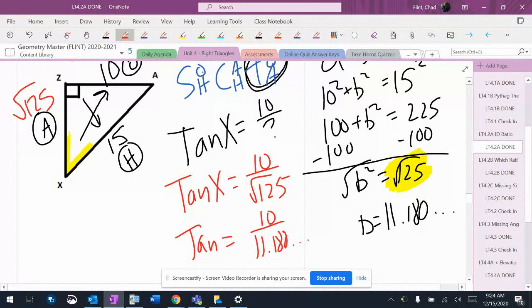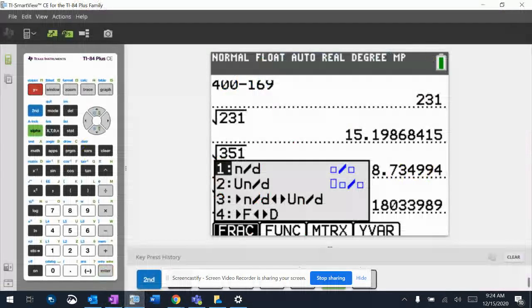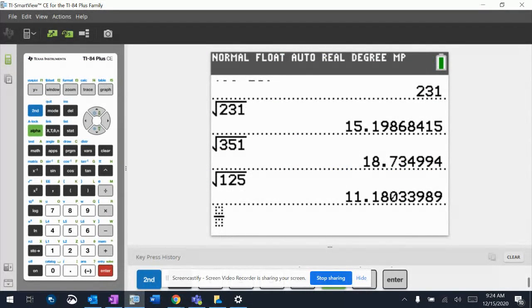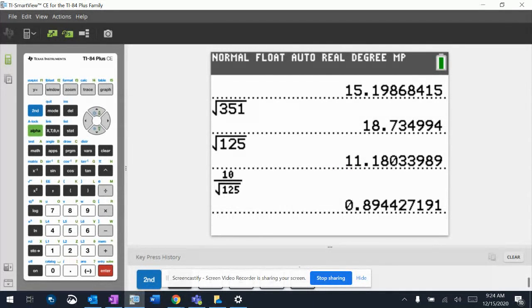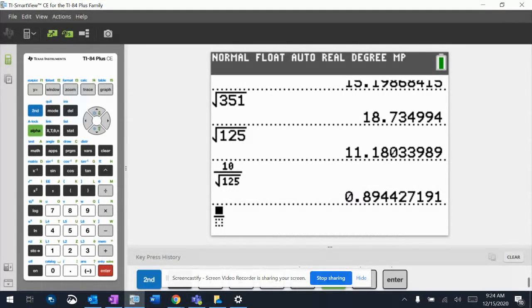Okay? Now, are there other answers you could put down? There are some other things you could put down. If it's multiple choice, it may have something else. But no matter what, you could take that fraction, and just to show you what I mean, you could do alpha y equals 10 over square root of 125. And then you could also do alpha y equals 10 over